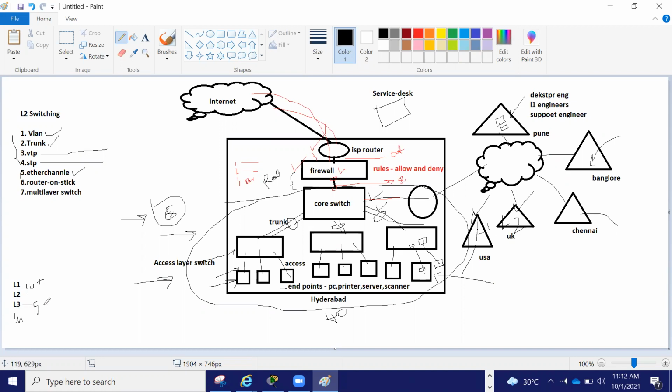We are showing you all. So if tomorrow any network engineer opening is there, you're applicable. If any system engineer opening is there, you're applicable. Support engineer, desktop engineer, L1 support, all these profiles, you're applicable.